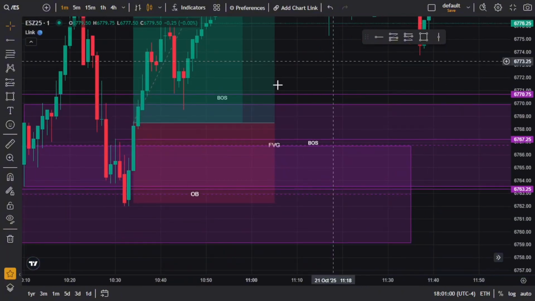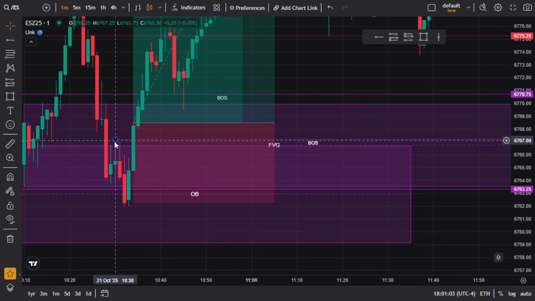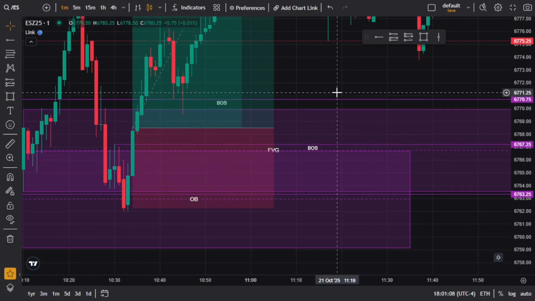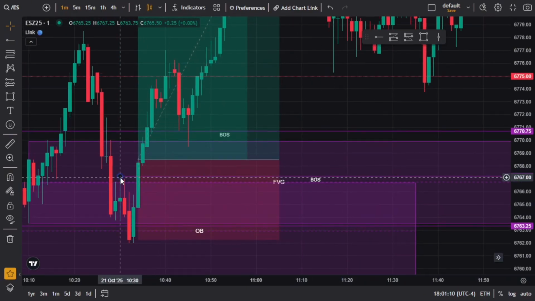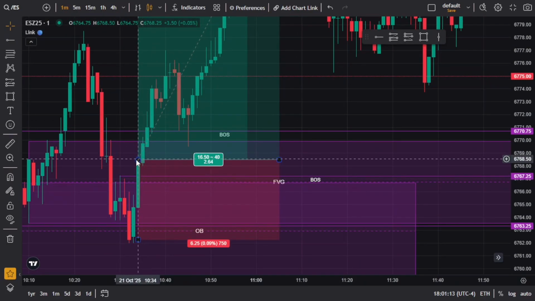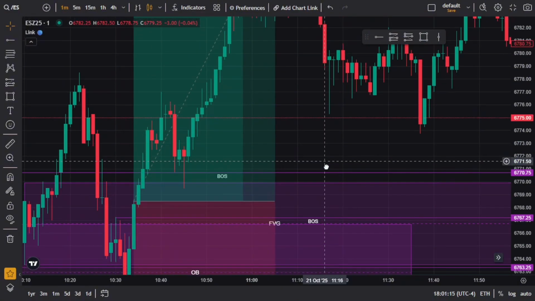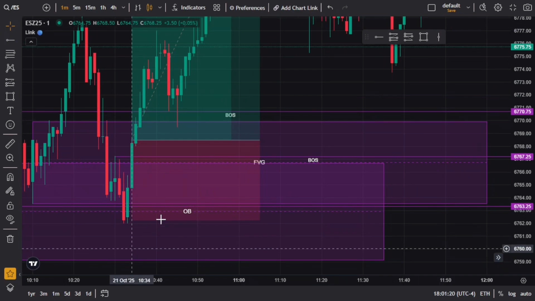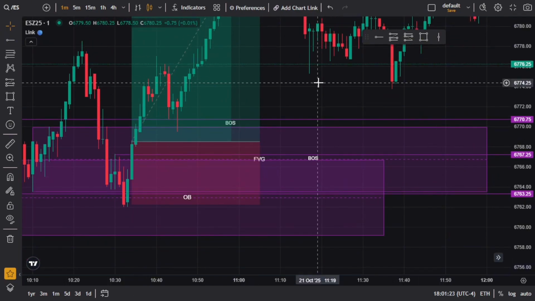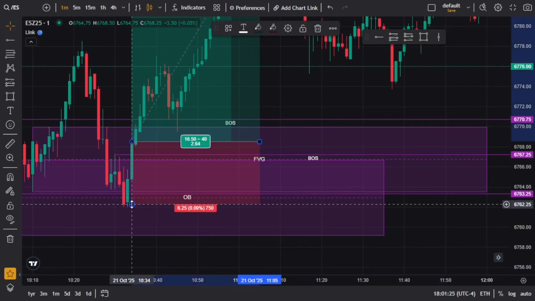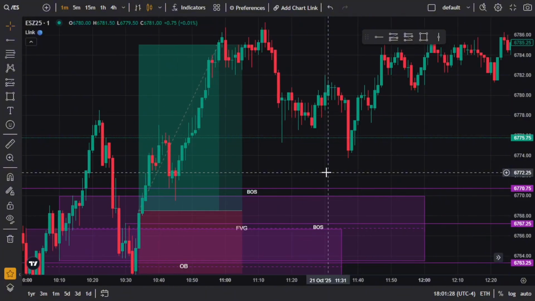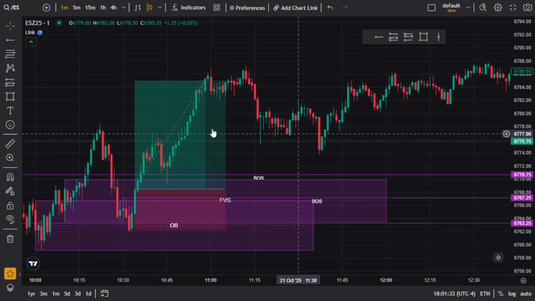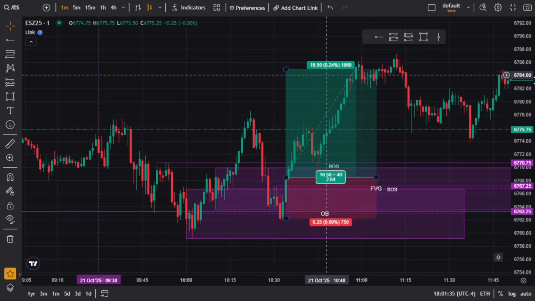So you have patience. You mark out this breaker structure on the 1 minute after it hit your confluence. And then you wait for a breaker structure out of that confluence, right? So we marked it out. We waited, candle closure here, beautiful candle closure above. We entered here. We set our take profit just below this previous low, or not below, it was more right next to it, but I already knew that price wasn't going to go in that direction. And then we set our take profit above previous day's highs.